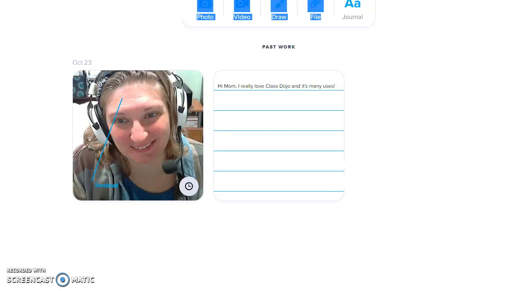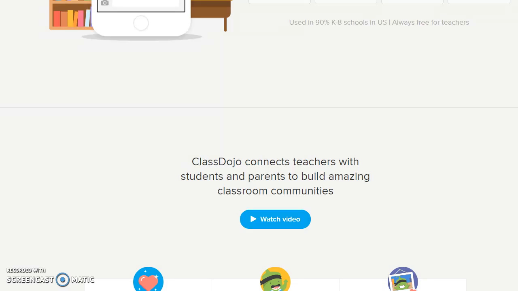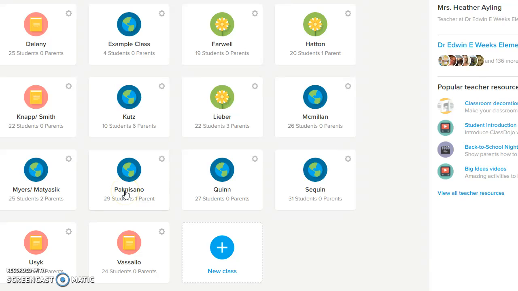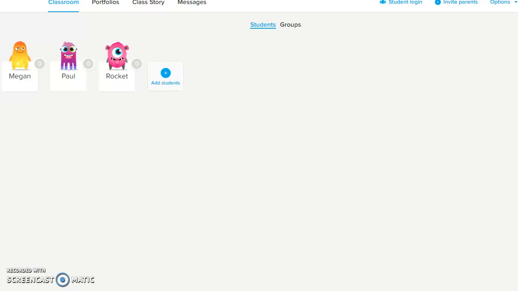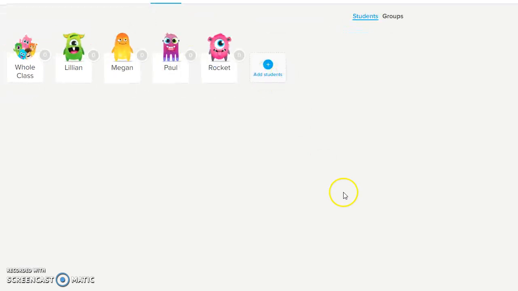So the first big thing, sorry, as I click around here, is that in my Class Dojo, I have all my classes set up, so these are my classes for school. I made an example class for this class. So what you see on Class Dojo in my classroom is this page right here. What I can actually do is there is an app that works for both Android and iOS, Android and the iPhone. So what I can do is I can pull up on my phone my example class,